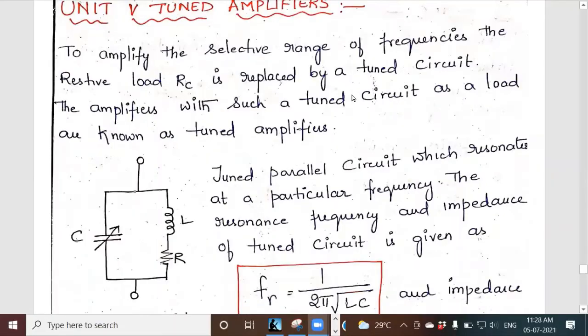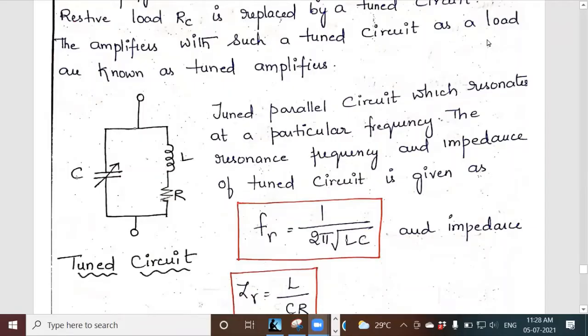So how do we select? I told you, resonance. What are the electronic components which provide resonance? Obviously, what are the electronic components in your resonant circuit, students? Resistor, capacitor, inductor, isn't it? So we will start with a parallel combination of capacitor and inductor, but